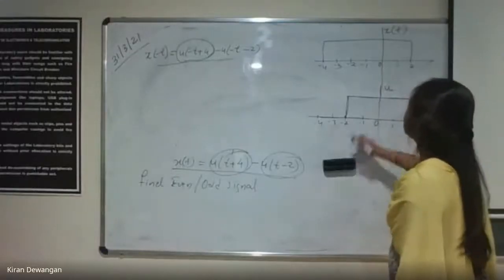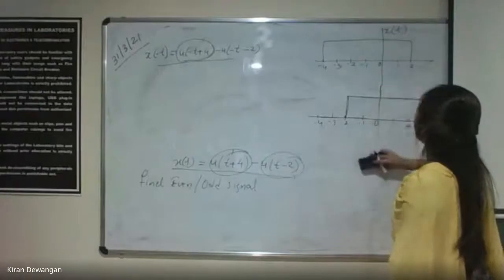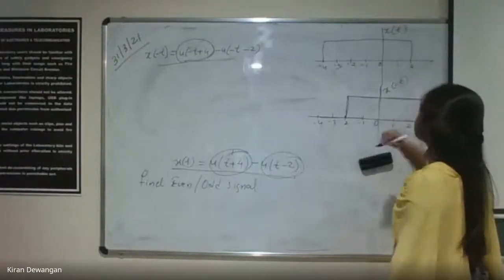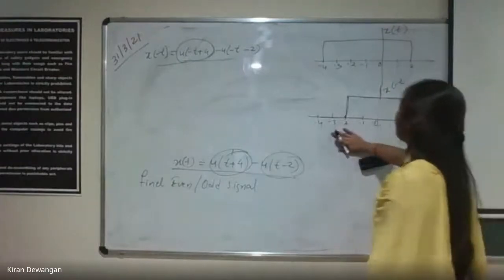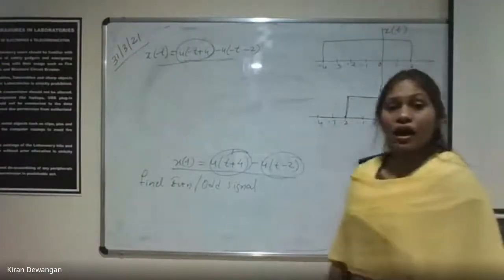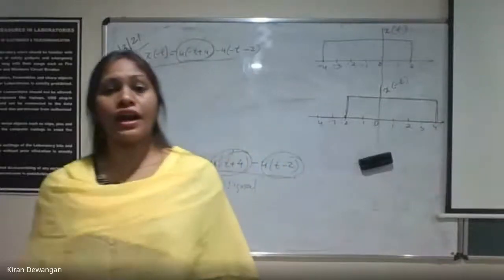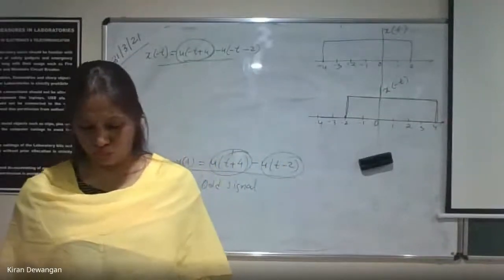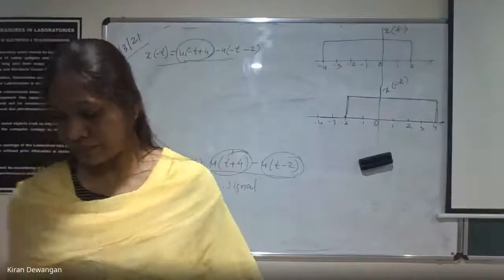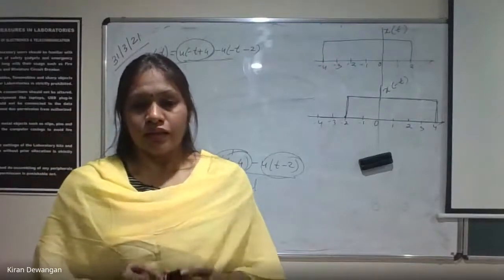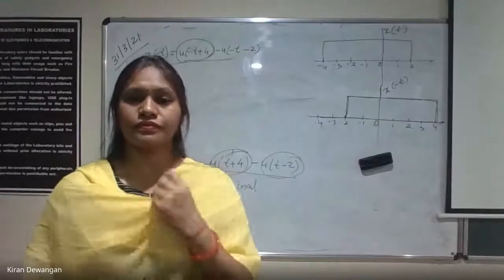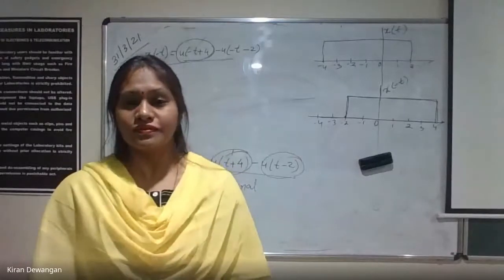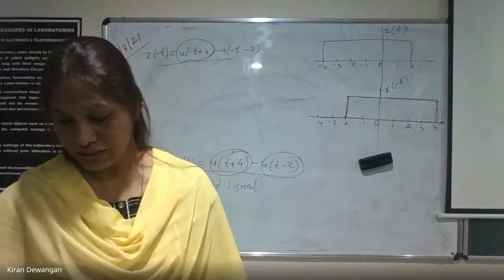Yes, ma'am. Is this one clear? This one is x of minus t. ये आपका हो गया x of minus t. ठीक है? This is starting from -4 to 2 and this is starting from -2 to 4. Are both symmetric और antisymmetric? क्या है? जल्दी से बताओ. Tell me fast. Even है, odd है, what is it?